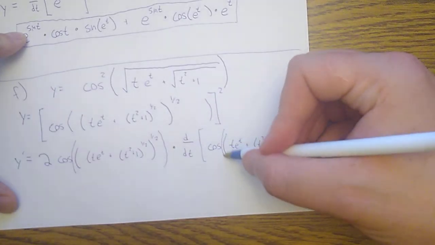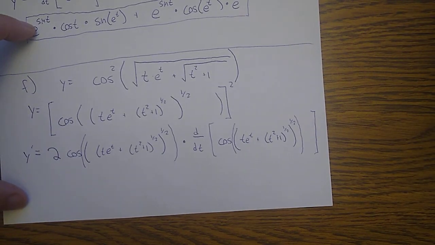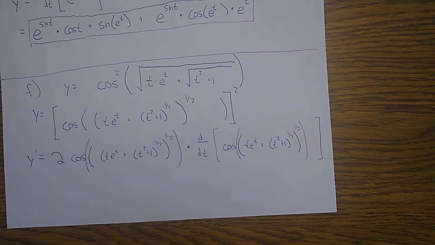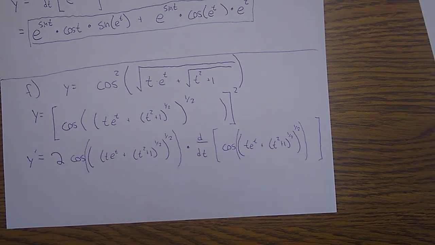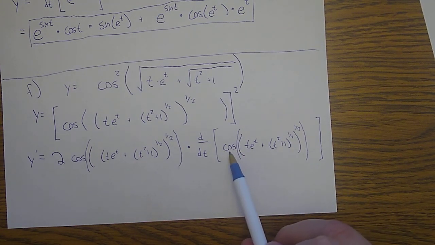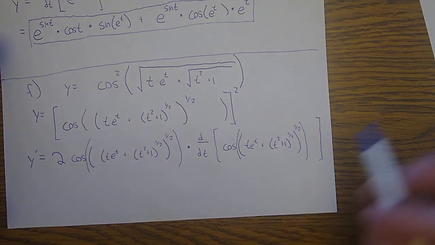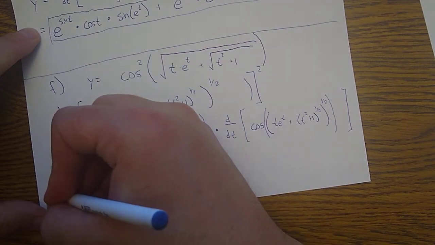Yeah, I need more parentheses here. Right? And I can already tell I'm going to need another piece of paper. So we keep working. What do I have now? Now I would say the outside function is the cosine, and then the derivative of cosine is negative sine. So I'm going to have